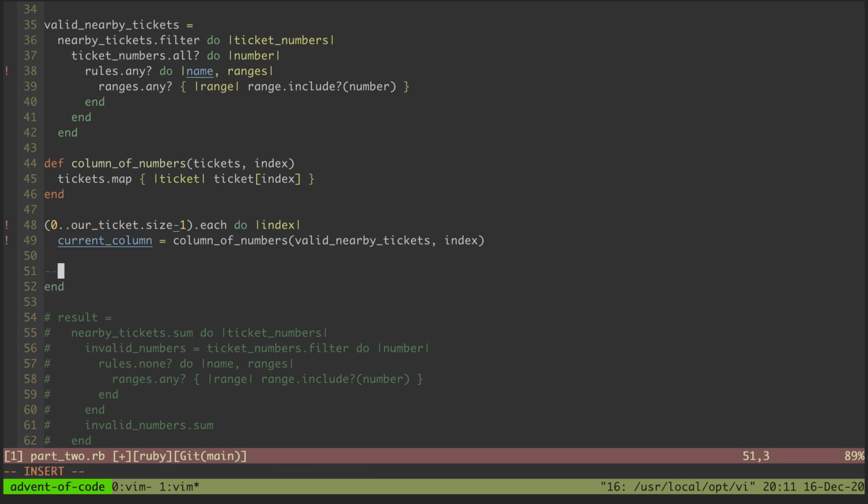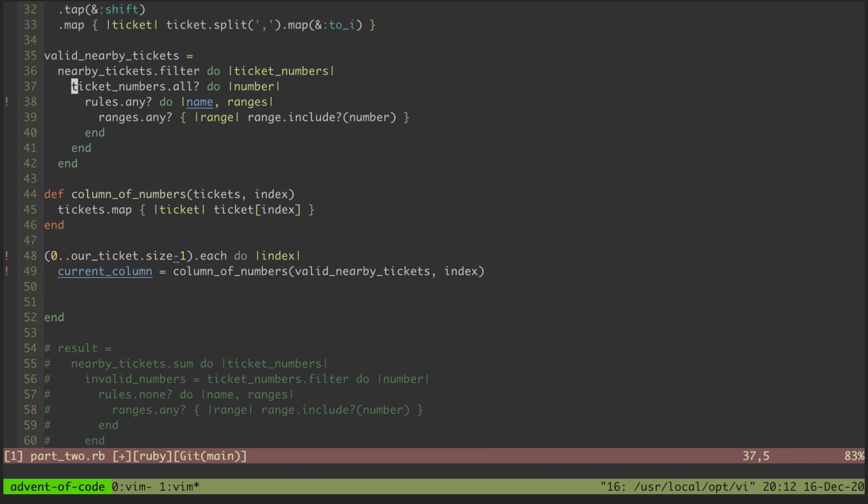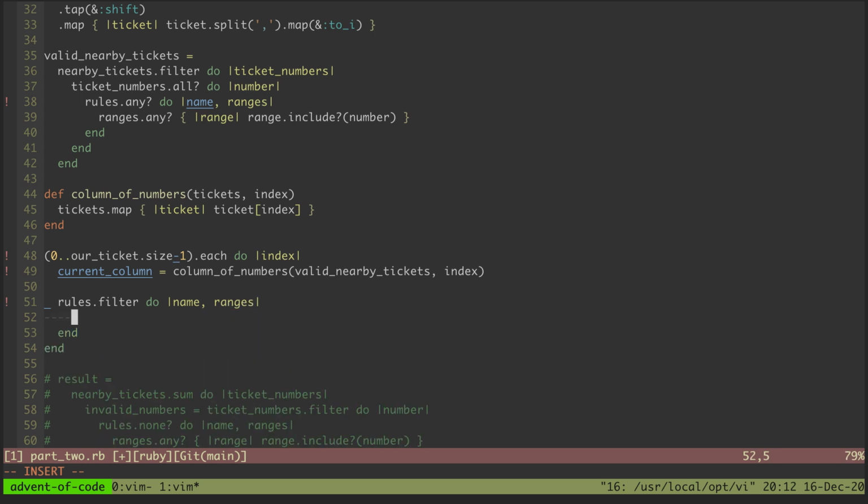So given the current column, we will just apply all the rules to it. So current column dot... it's not quite like this, but for each of the rules, filter maybe, name, ranges, is there... ranges. Yeah, it's like, do all of the values in the current column, do they